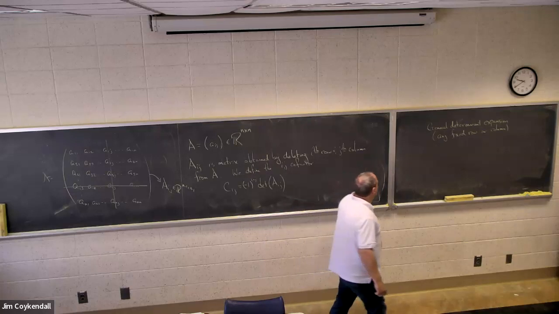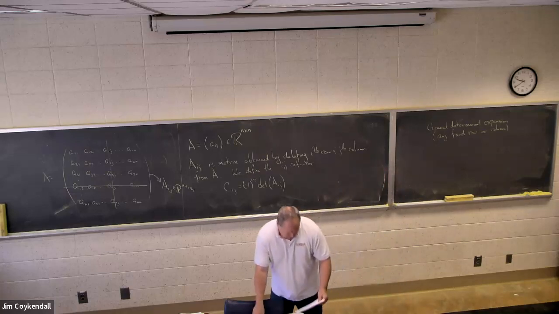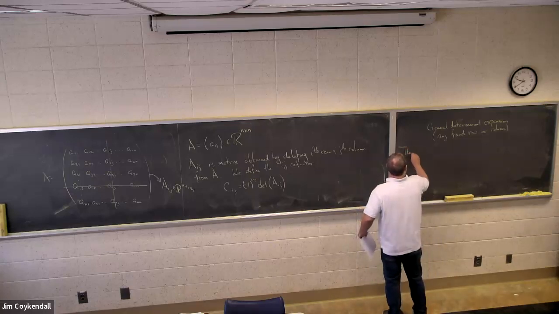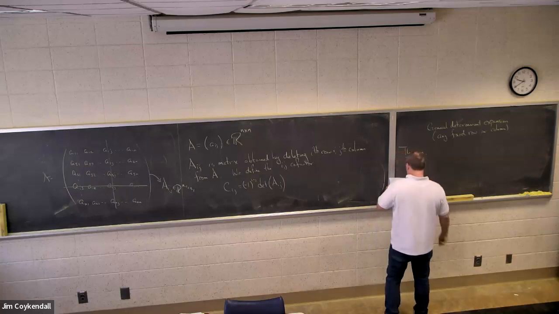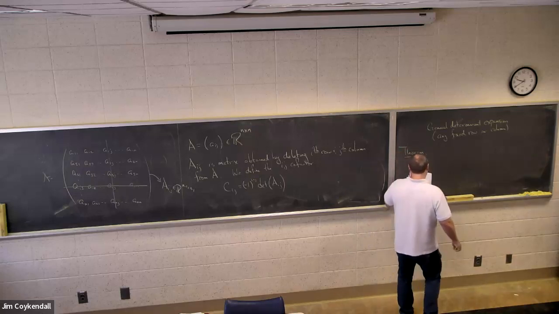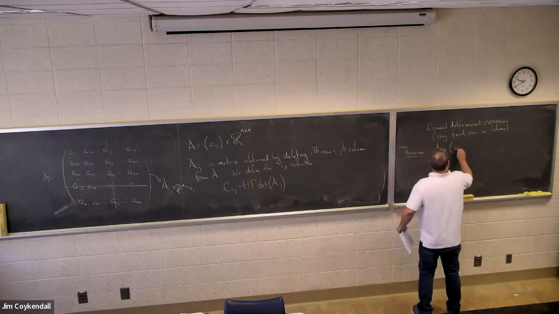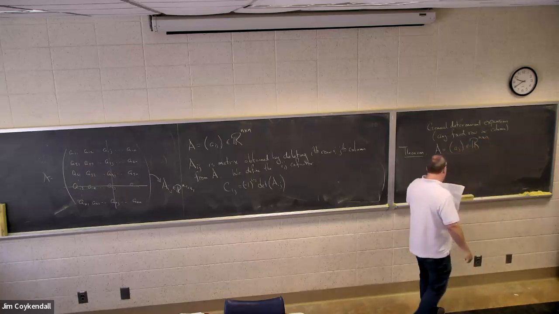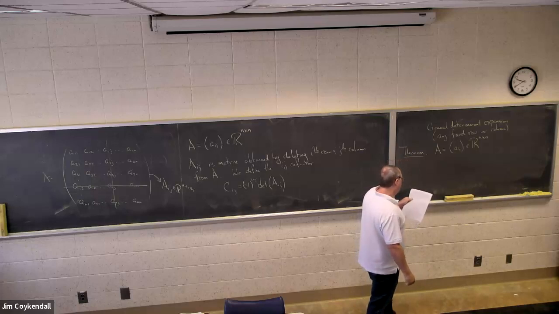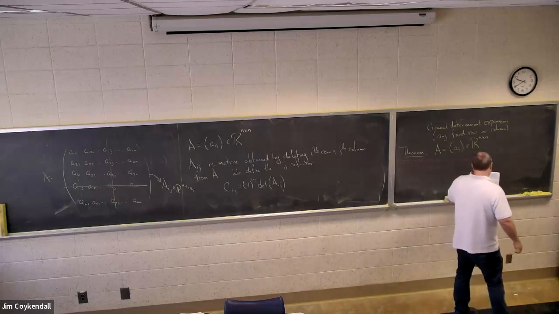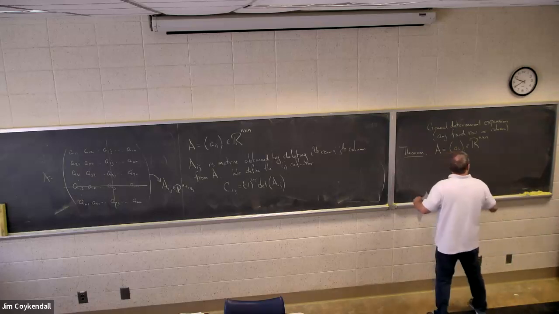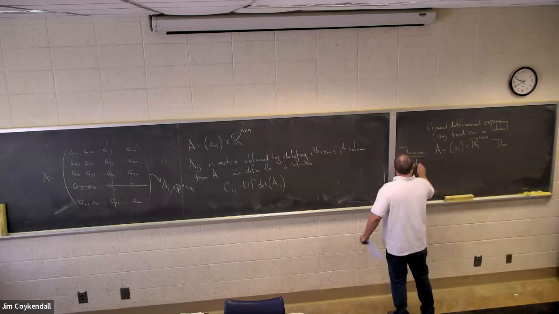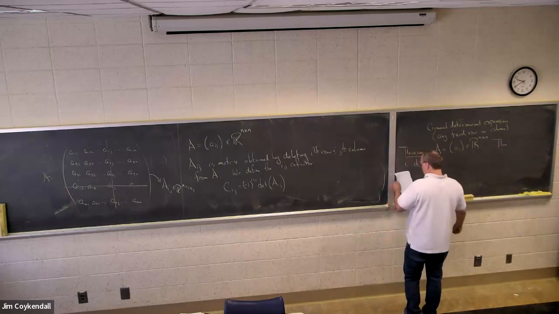Okay, so given the matrix, here's a theorem, which I won't prove, but I will use. If you have a square matrix, and here I guess I want n to be at least 2, probably, then the determinant of A is equal to